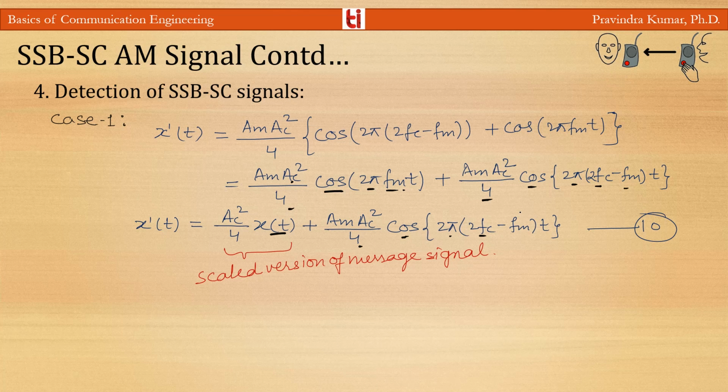Here you can see this is the scaled version of the message signal x(t), scaled by A_c square by 4, and it can be extracted by passing this signal x'(t) through the low pass